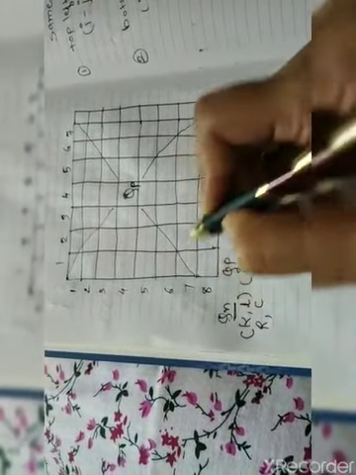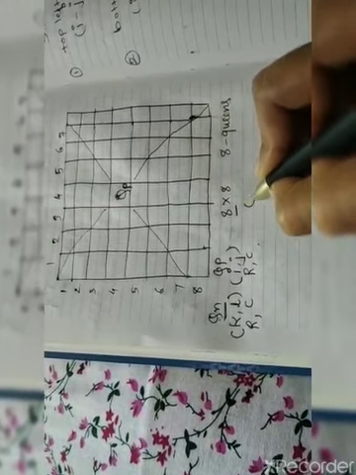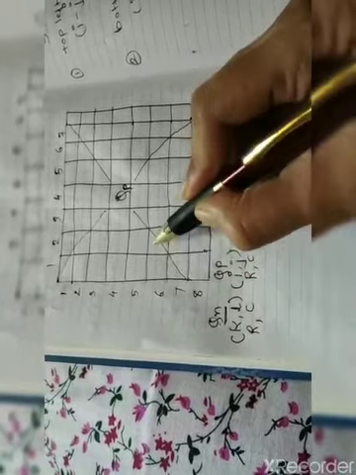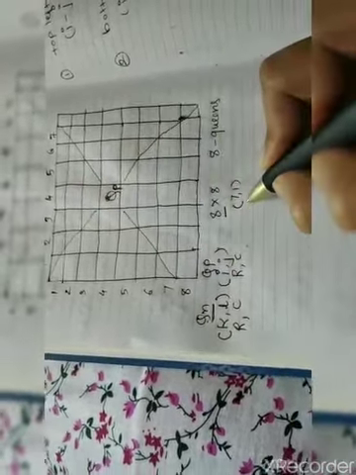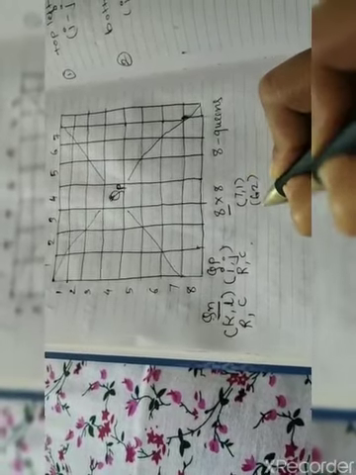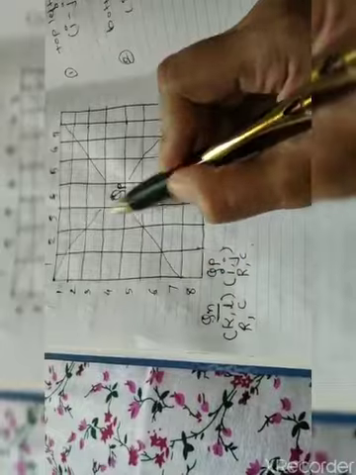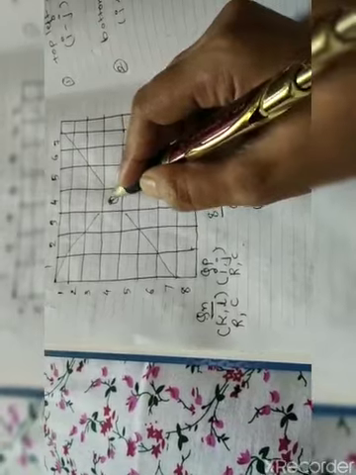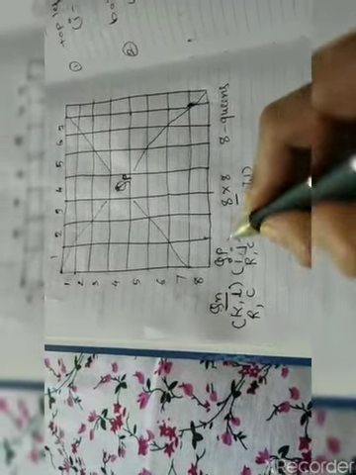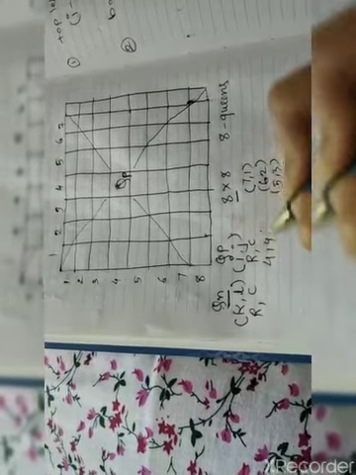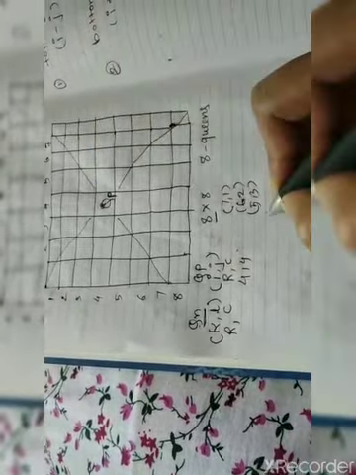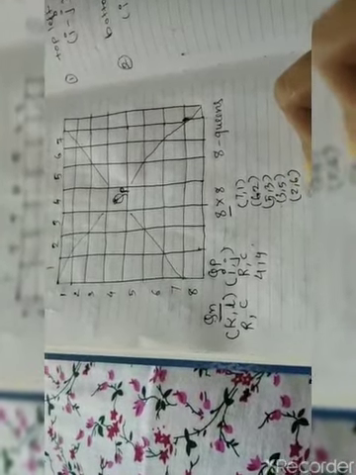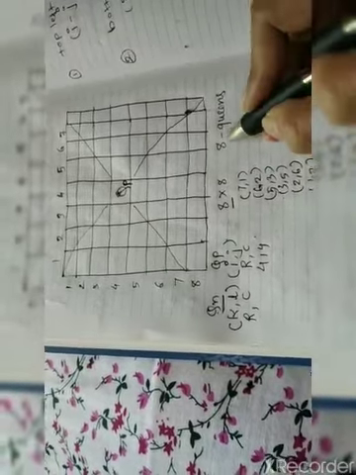Let me write down the values over here. Suppose I am talking about this cell, so I'll represent this cell as 7, 1. Then this cell as 6, 2. Then this as 5, 3. Similarly, this is QP, so I'll write it as 4, 4. Then here it is 3, 5. Then 2, 6 and 1, 7.